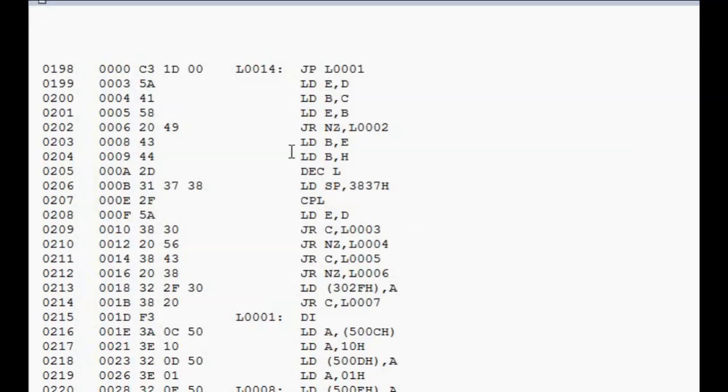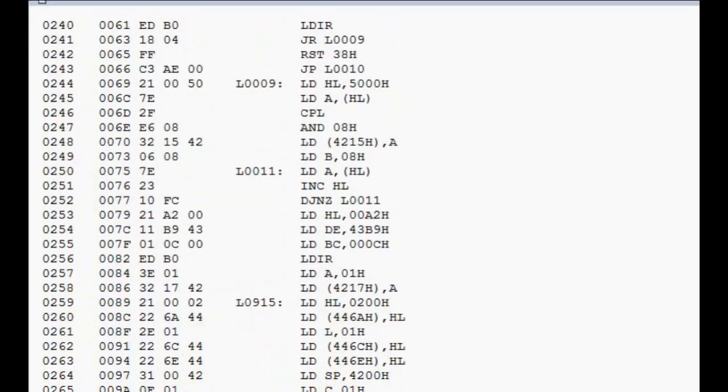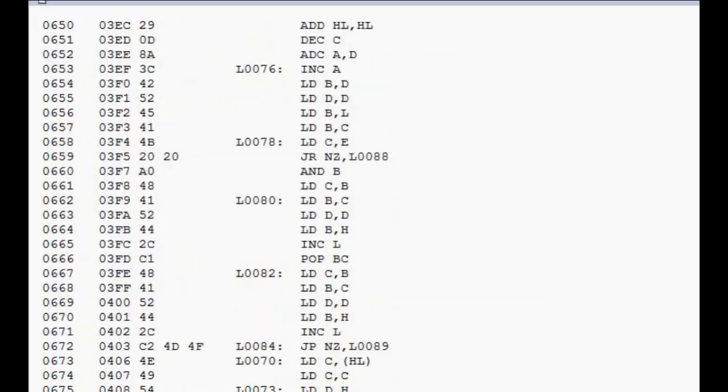Now it still disassembles the code within them, but what I was trying to do, at the end of the table, was avoid a situation where two or more instructions were merged or truncated, which causes a lot of problems. So I ended up with this file, and really it's a typical disassembled Z80 file,